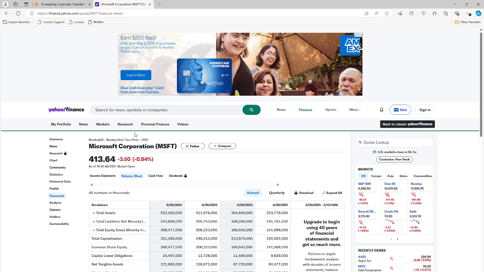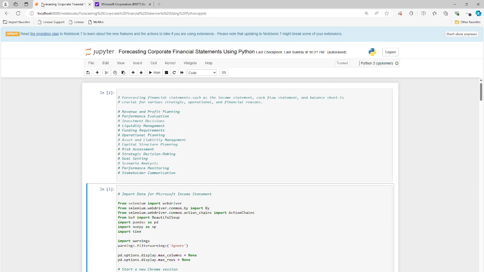It's really probably debatable. But the income statement and cash flow statement totally makes sense to forecast. So let's get back to the Jupyter Notebook. You saw where the data was sourced from. I'm going to use a couple tools here in my Jupyter Notebook to go ahead and extract that data